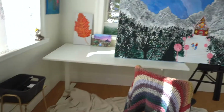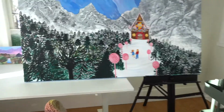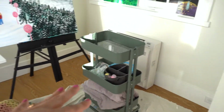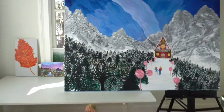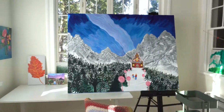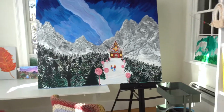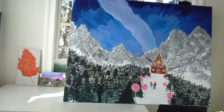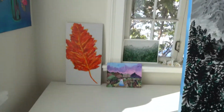And let's see. Oh yes, and then here is where, so usually I have a little towel, I keep all my supplies on that little cart. I usually have a towel on this table because I paint on here a lot, especially for this piece. This one is very large, so I use the table along with my easel to set it down on. But I do like taking pictures over here too, usually for my Etsy shop, especially originals,